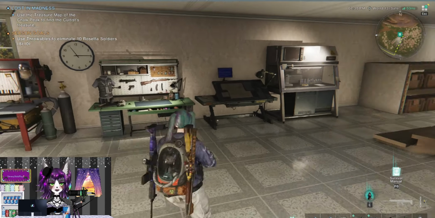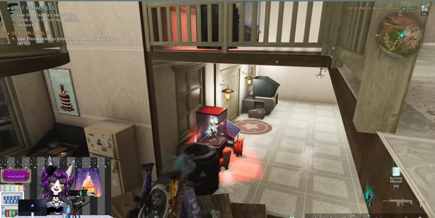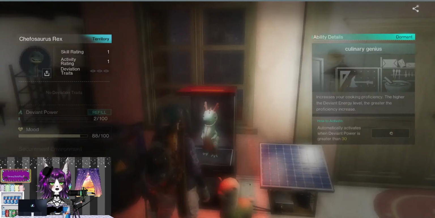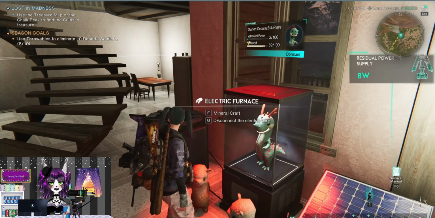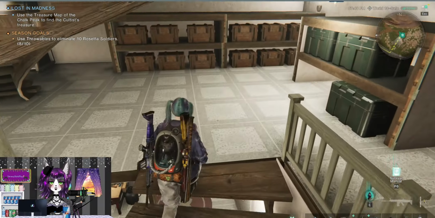Now, those are all the ones that are at least up here, and then you guys can see I have some tables and all that good whatnots, like the work tables. And then we come down here and we have this deviant, which again, I need to work on when it comes to furnaces, but they're for the most part doing pretty okay. So this cutie patootie increases our cooking proficiency, and the higher the deviant energy level, the greater the proficiency increases. And on the Sons of Deviants, we have,